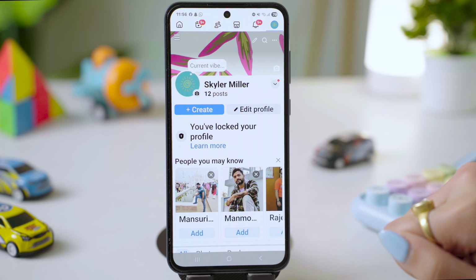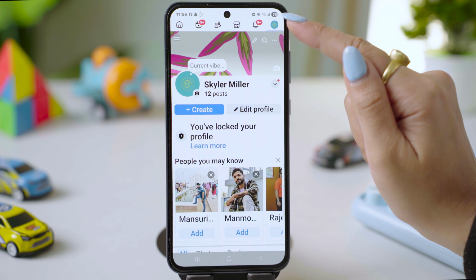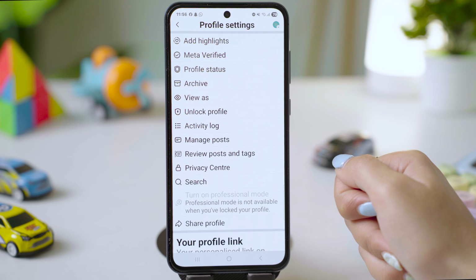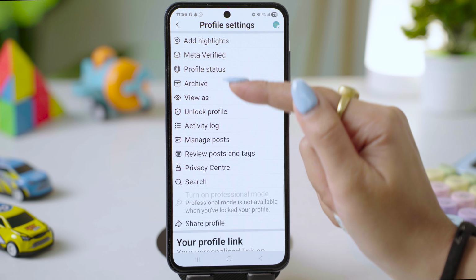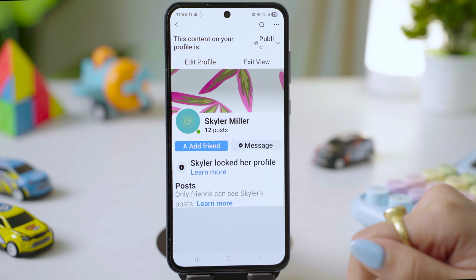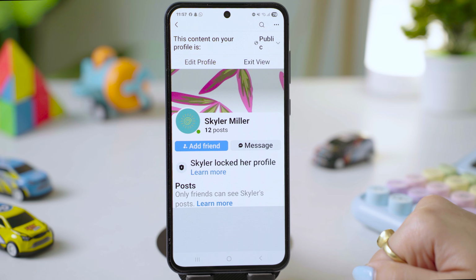Once you come here, tap on the three dots icon at the top right corner of your Facebook profile. Go ahead and tap on View As. So now over here, you would be able to see how other people would be able to view your Facebook